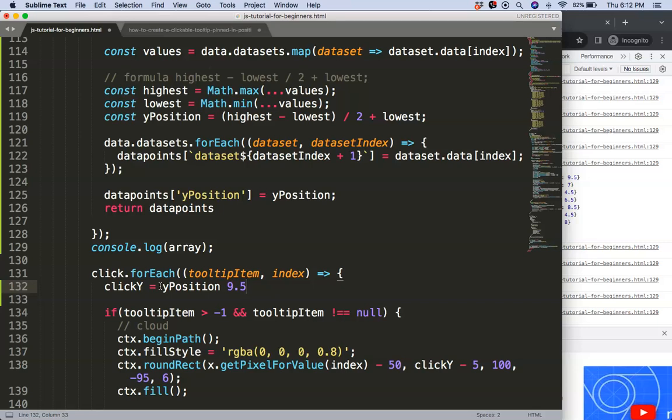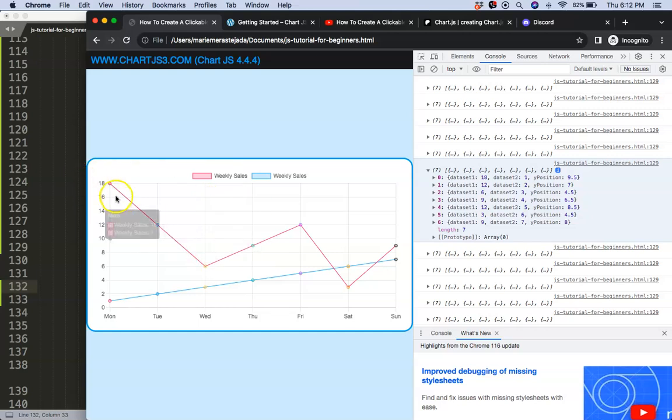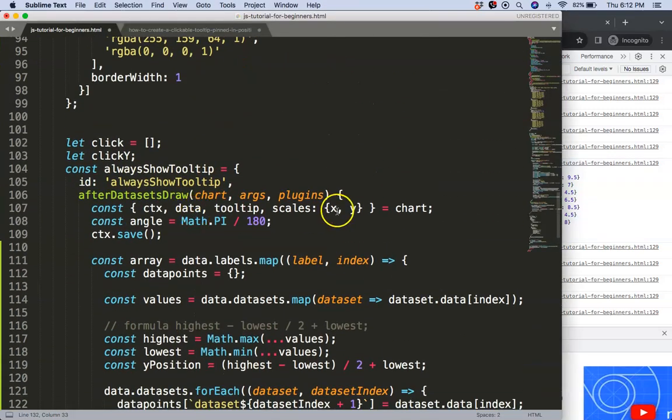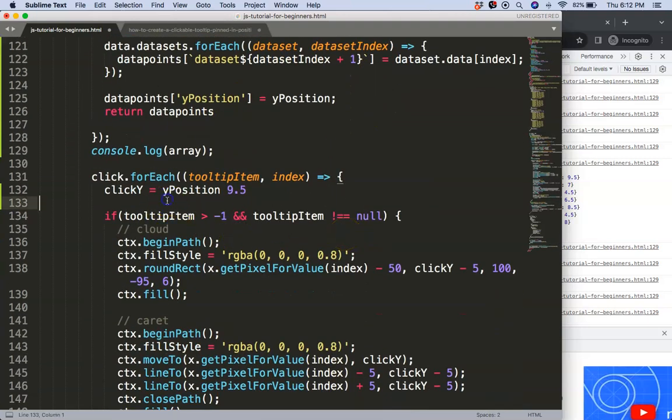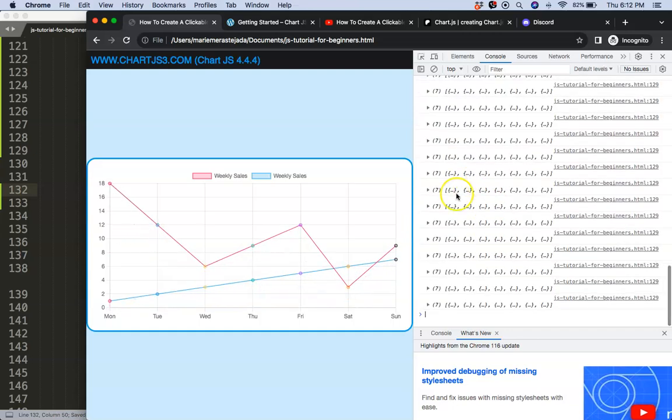I need to convert this 9.5 into a pixel coordinate of our scale, specifically on our y scale. So if I click here, make sure you have this one on, and I think I already set it in here, but if it is not in here, put the y scale in there as well, or else it won't work. So then I'm going to say here y dot get the pixel for the value, and the value will be the y position. Once we got that, we can save this, and then we can refresh,